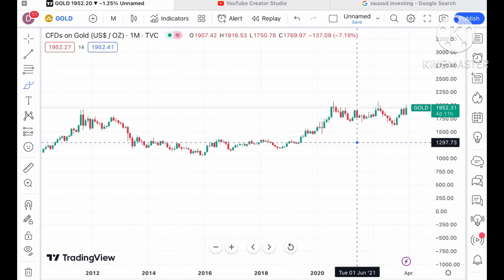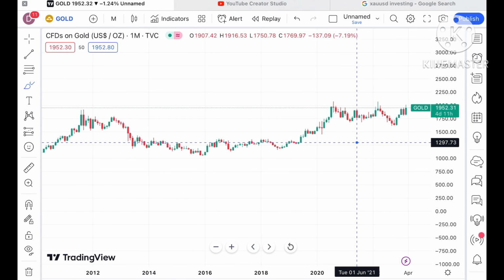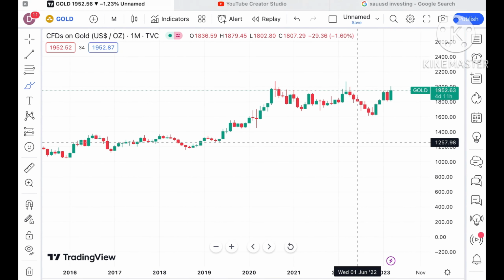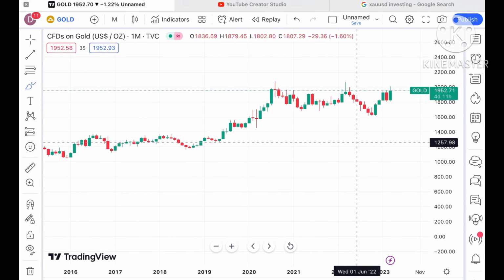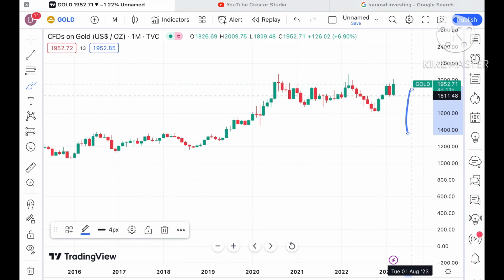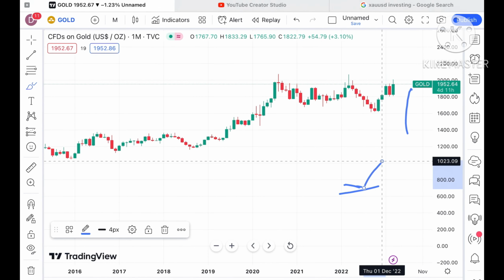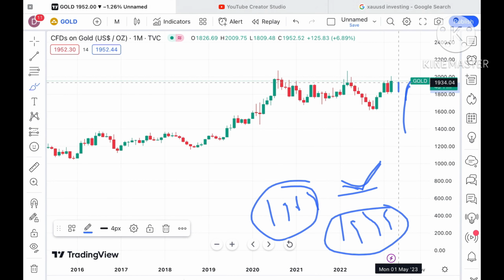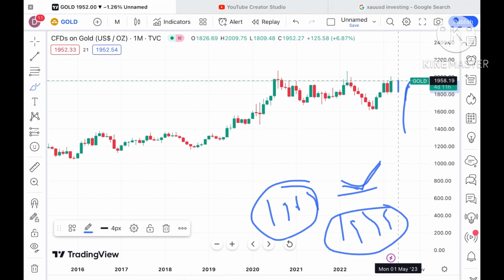Look at this particular chart. The chances are very high that the price can sustain, but as per the weekly and daily charts, there is good volatility in the market. It has come to a particular support, and from $1949 we have seen a bounce back, and now it is trading at $1952.51. The next resistance we can see is around $1958.91 and at a level of $1964. If this level sustains, it can touch $1958.19 to